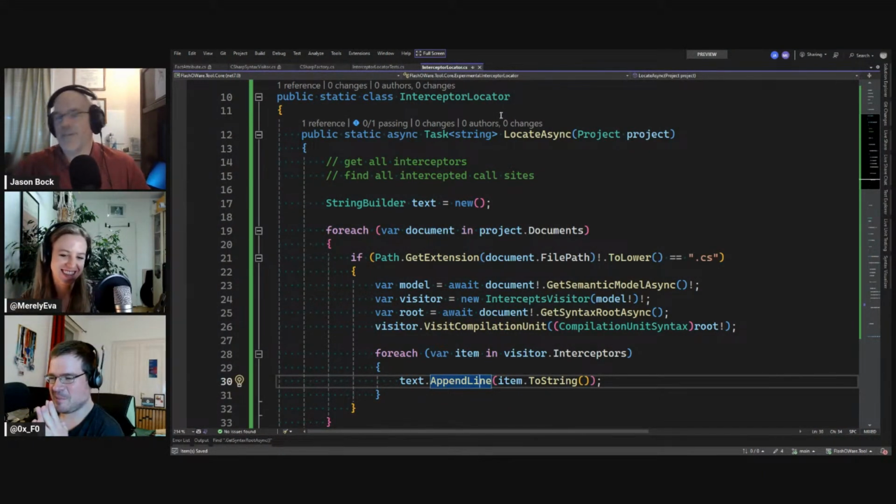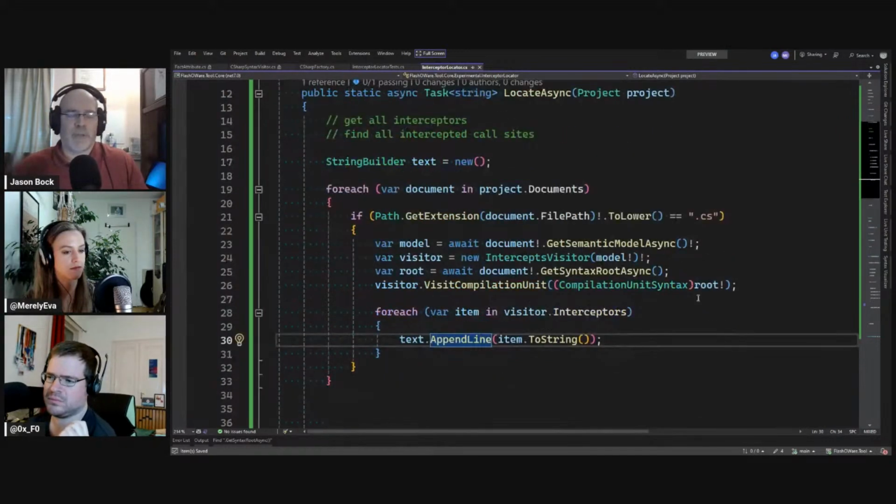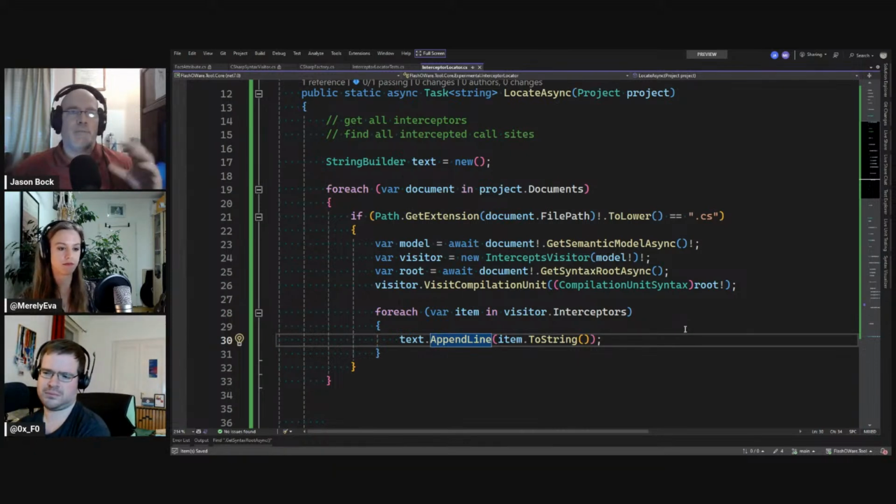Well, I think there is probably a more optimized way to do it. But one thing is what you're doing is your first pass, and this is in the interception location. As the first pass, you're going through all the documents in the project, and you're trying to find all of the interception points, like all those attributes that define where it's going to be.